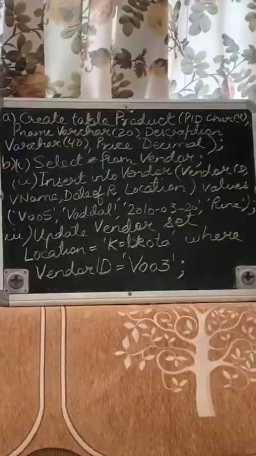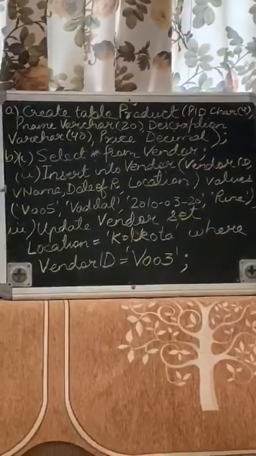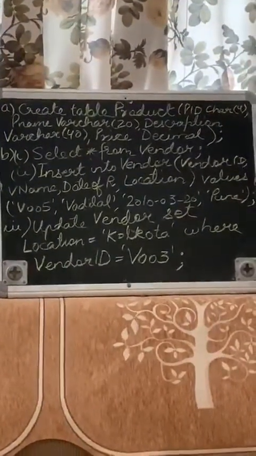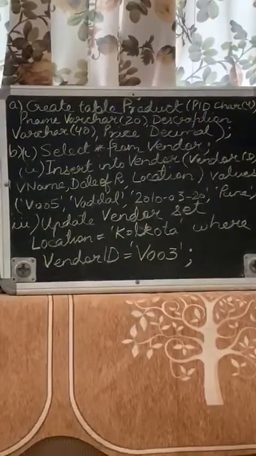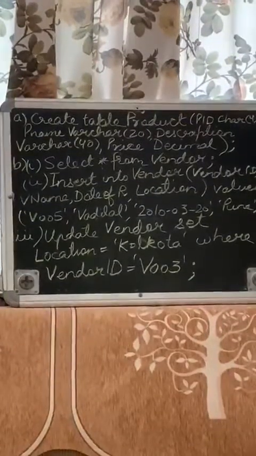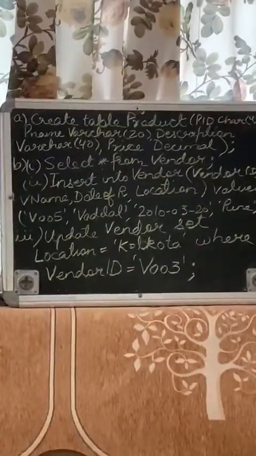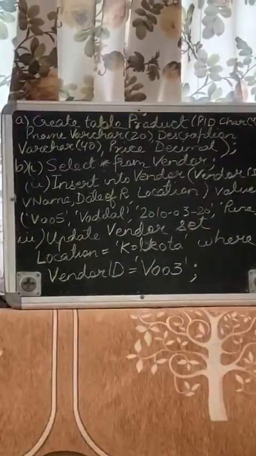the bracket and semicolon. Decimal does not have any range as a data type, so it is just written as decimal, similar to the date data type in time and date. So children, this is how you will be writing the answer to this query, that you have to write a query to create this table.